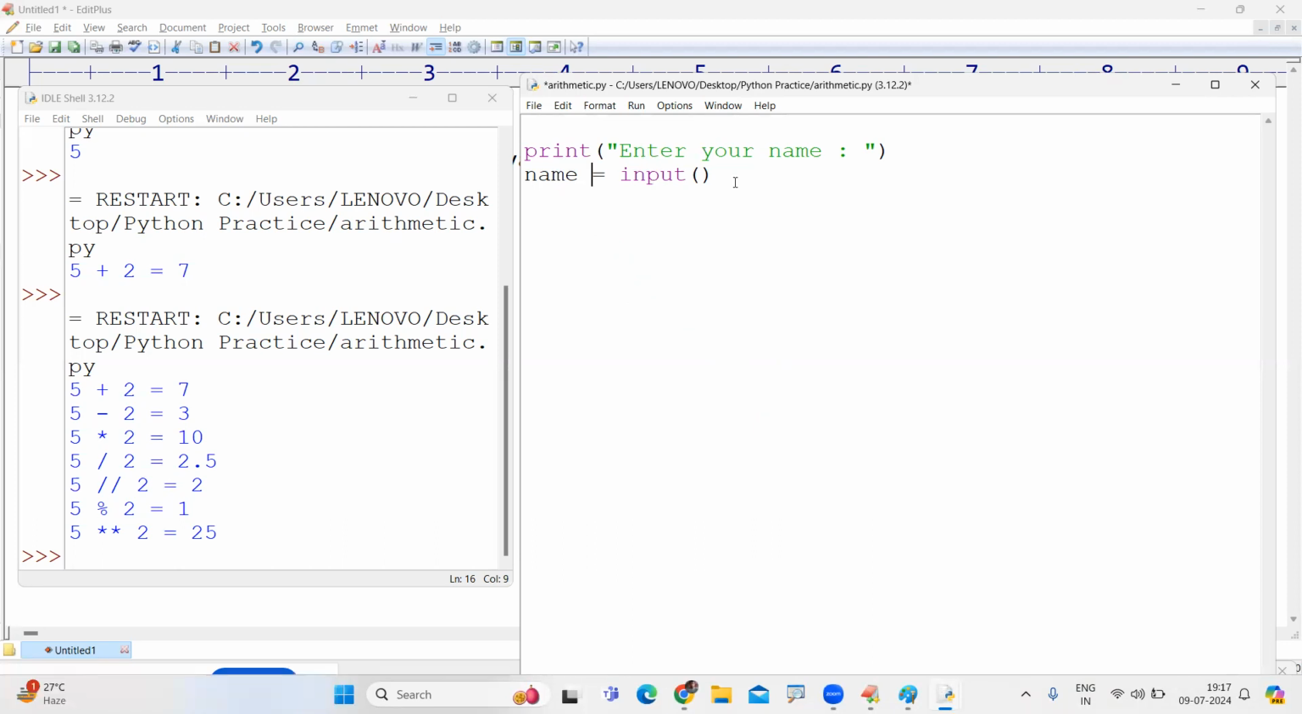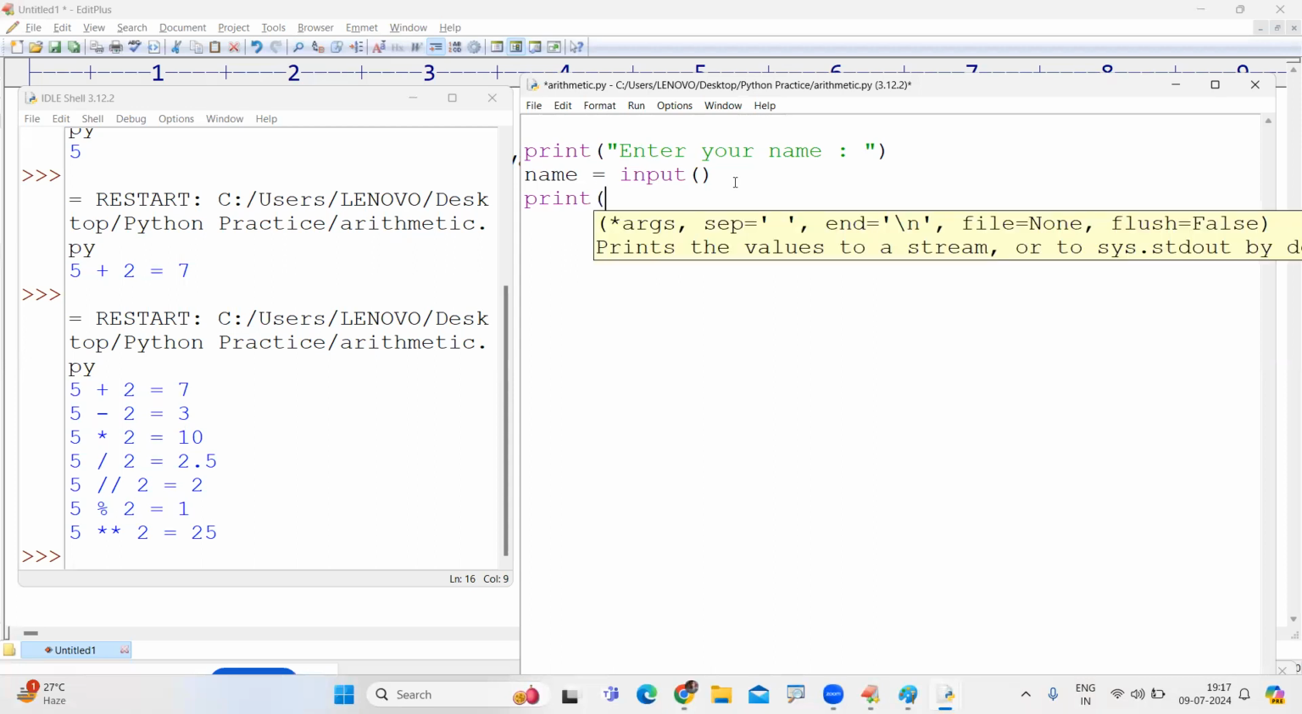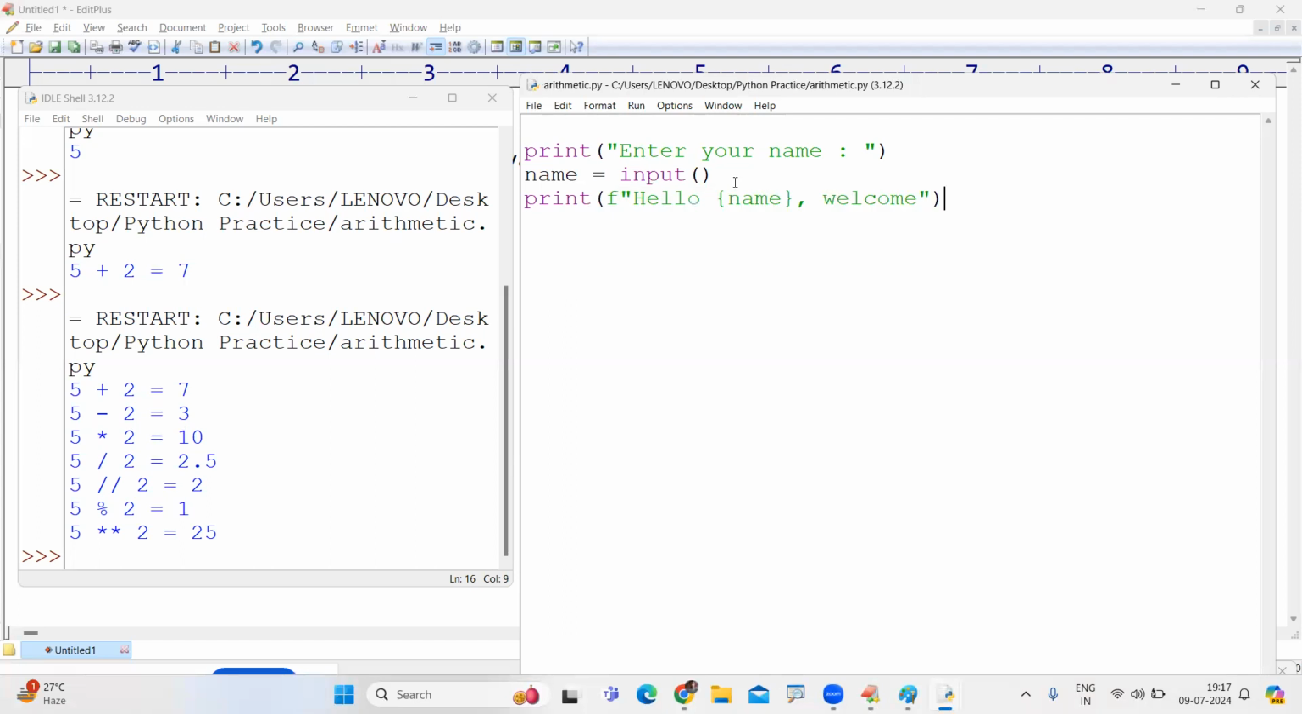Name. And that we are printing. See how clearly we are printing. Hello, so and so name, whatever the name they enter, welcome. Whatever the name they enter, just welcome. Here it is. When you are executing the code,